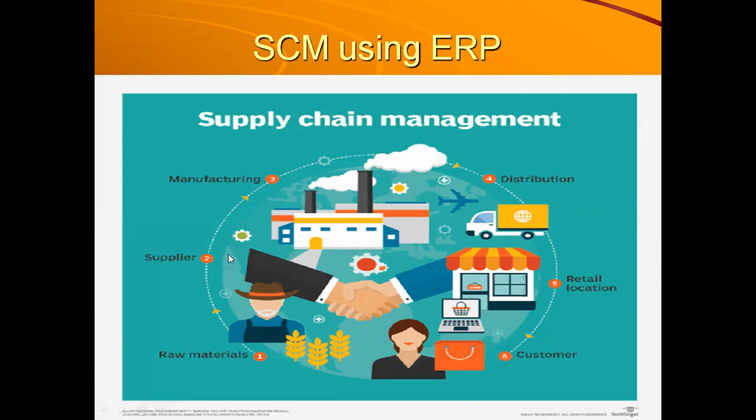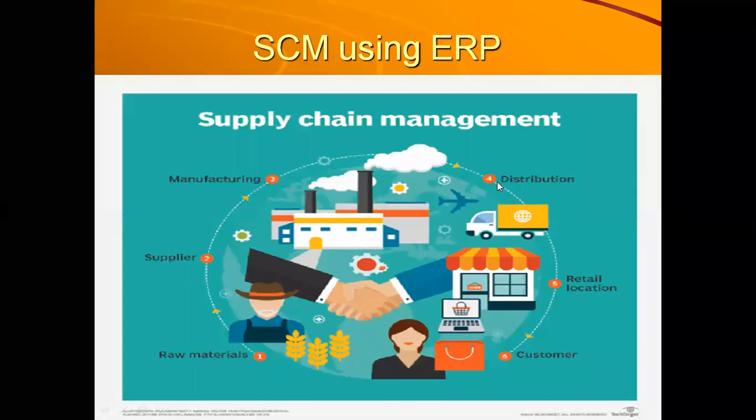Then obviously the supplier delivers you the goods, the raw material or whatever you require. Then manufacturing is done using the raw material. After that, the finished goods are distributed to those locations from where people can buy, or they are delivered to the doorstep of the customers, right? After that, distribution is there, so it can be either sent to shops, I told you earlier, or at the customer's place. And finally customer receives it, and supply chain comes to an end. So this is all about supply chain management.